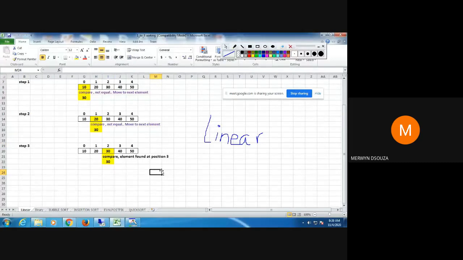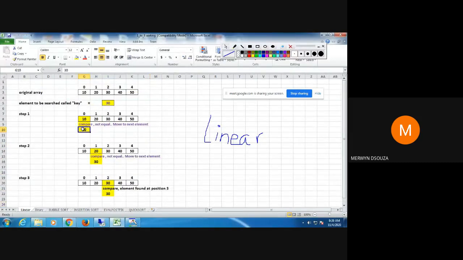Okay. So linear search means you start searching one element at a time. If it's not equal, you increment your search to the next index. If it is not equal, increment your search, go to the next index and keep searching like that, until you find the element, or maybe when you finish all the comparisons you may not find the element. So that is the way your linear search works.